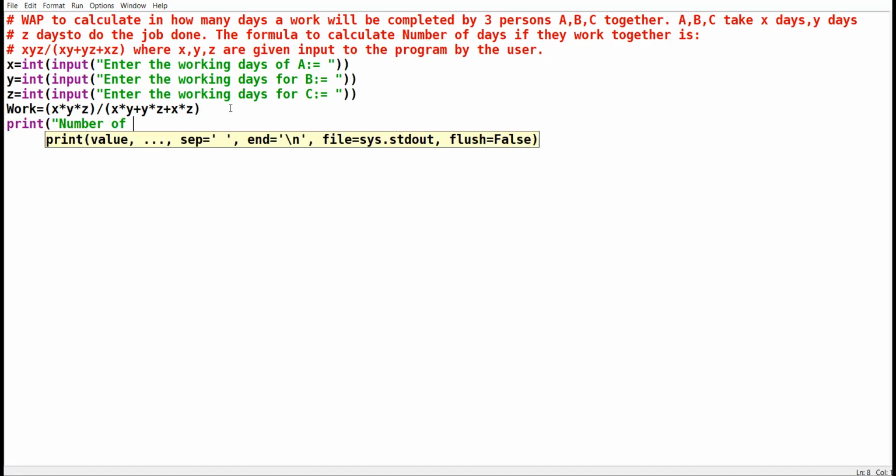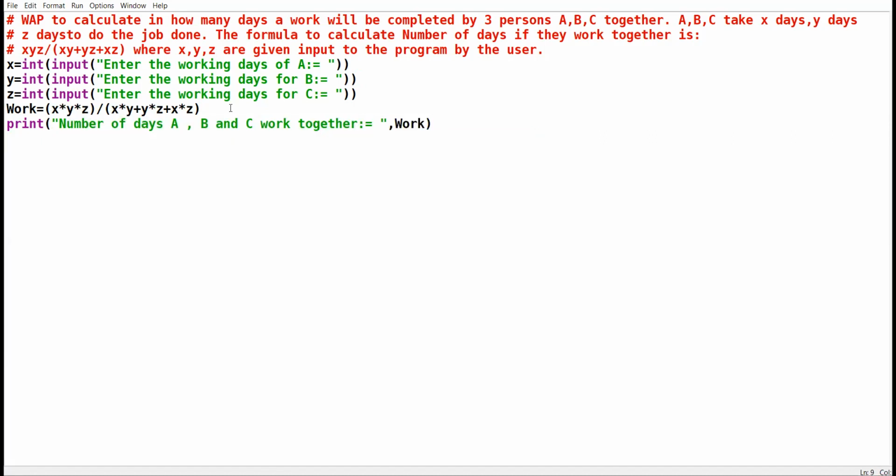Number of days A, comma, B and C work together, and print the variable work. I hope the concept is clear to everyone, what I have done. Yes, 11th class, I hope the logic is thoroughly clear to everyone.